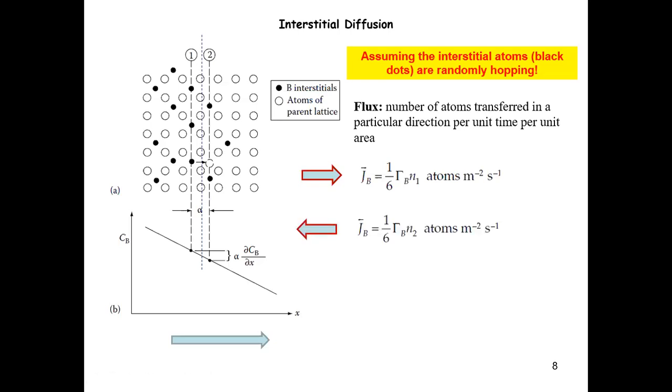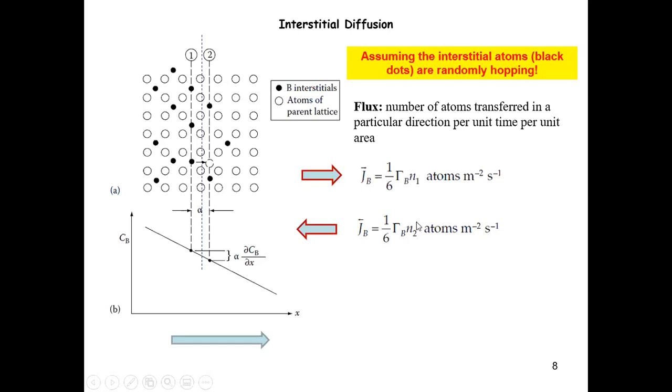So in order to compute the overall flux, you have to consider the hopping from 1 to 2 and also the hopping from 2 to 1, because they're all happening all the time. There is equal probability that these things are happening. Now the only difference that you see for the counterflux from right to the left is that the number of